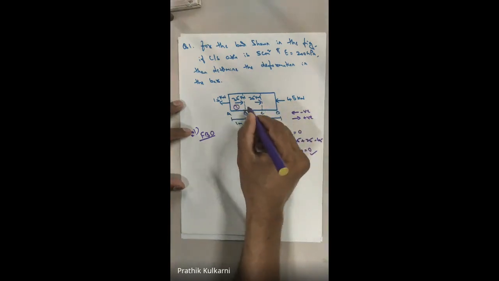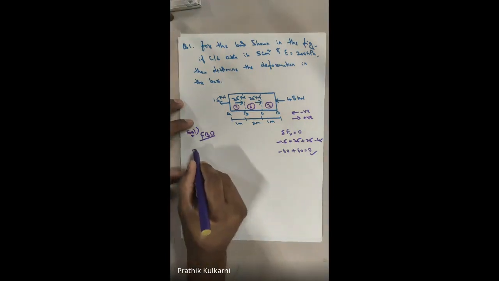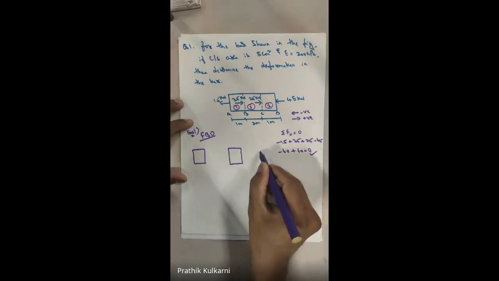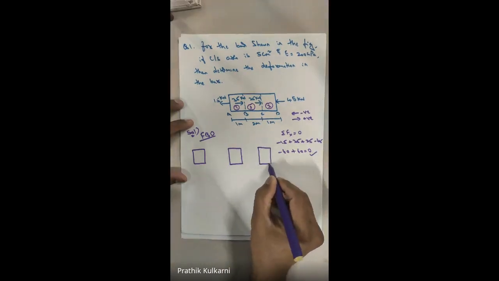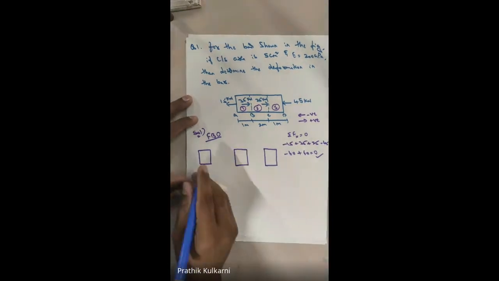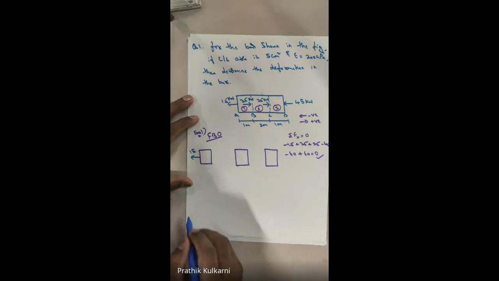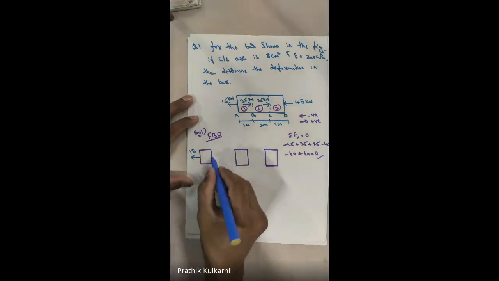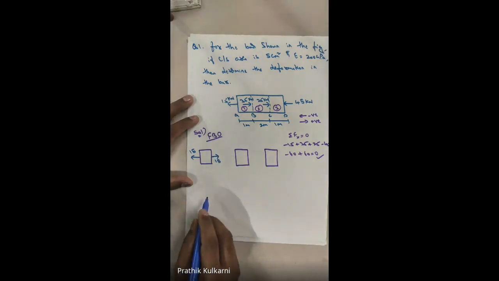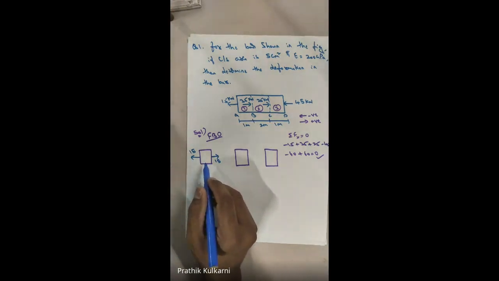Yes or no? So this is 1, this is 2, and this is 3, to make it into equilibrium. As you all know, पहला यहाँ पे लोड क्या था? If it is not visible, please let me know. Here the load is 15 kilonewton. Yes or no? Here if it is 15, then on this portion also, to make it equilibrium, I have to go with 15 kilonewton load here also.